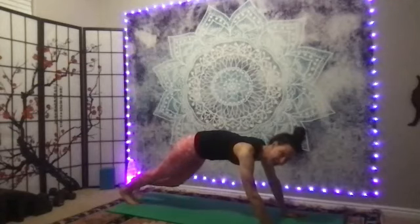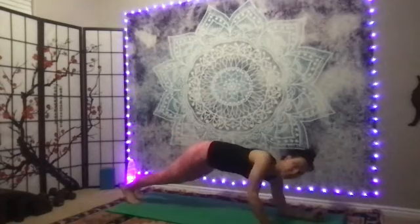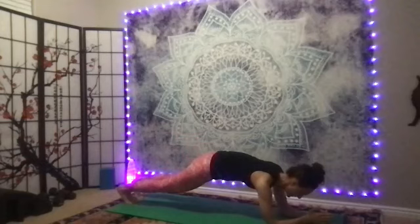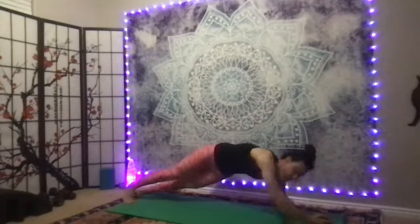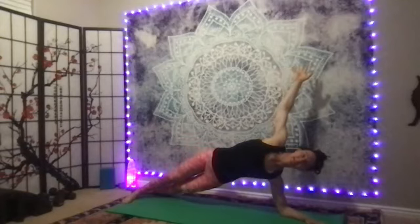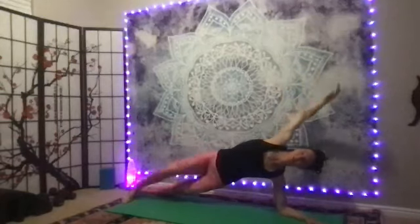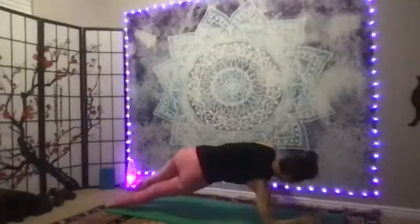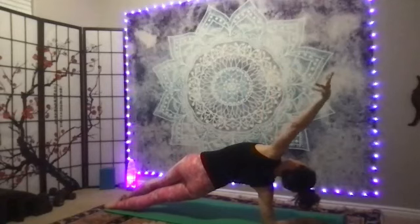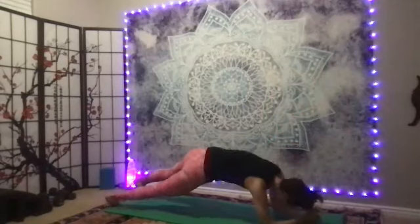put that left foot back, lower yourself, forearm plank for 10. Open up one arm, side plank, 10. Building strength, good, 9. Put that arm down, side plank, 10. Forearm plank,